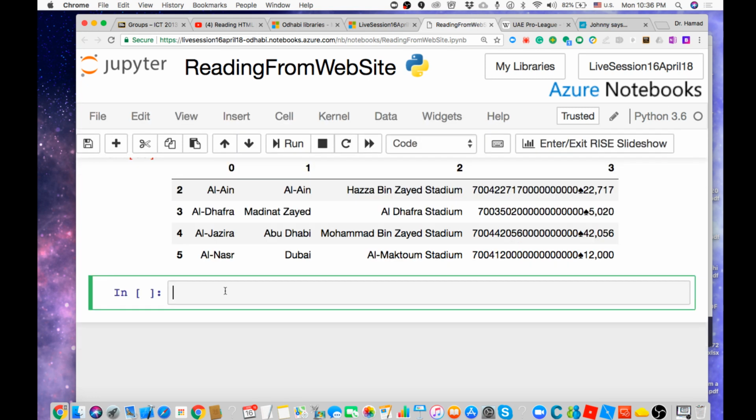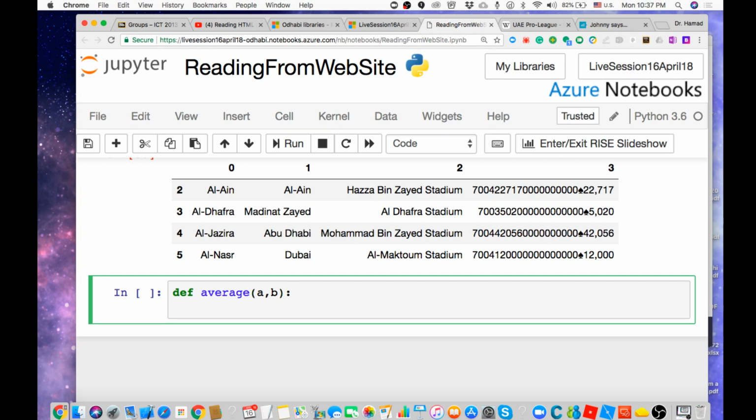Okay, let's do the function first. Let's create a function, for example, that calculates the average of two numbers, just a simple one. So we call it def. Def is the way you create, or declare, a function. So def average, and then we pass two numbers, a and b, and then a colon. To create a function, you need to use the word def, coming from definition, or defining a function. So you define a function by giving it a name